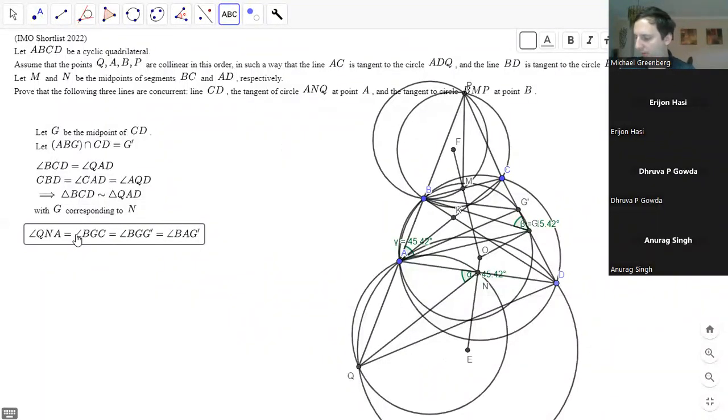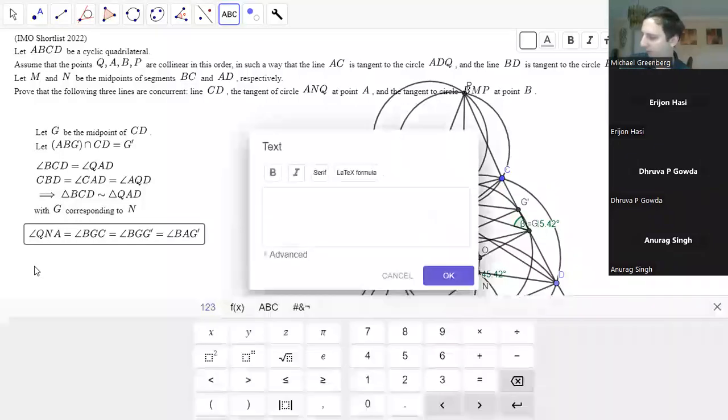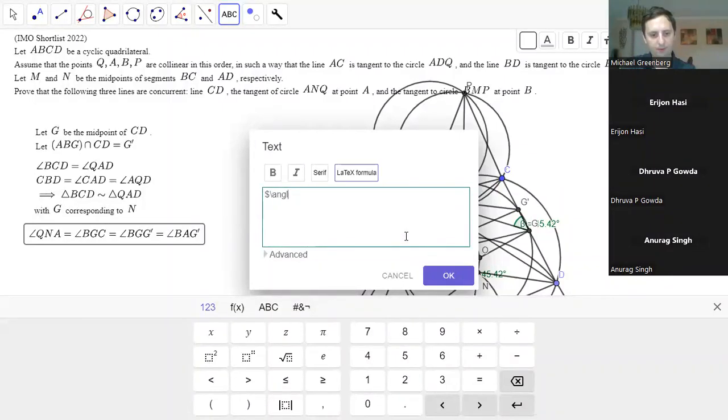Okay, and then we can do one more angle chase. So we'll call this QNA. All right. So then we have angle G prime AD is